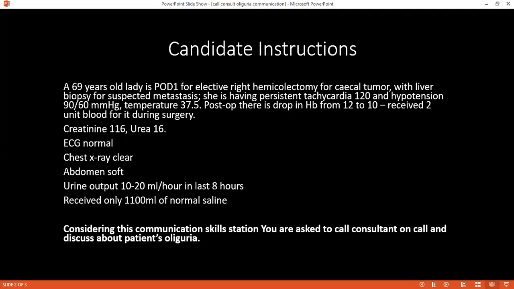Okay. What do you think might be the cause of shock in this patient? In the fact that the patient lost blood during the operation, I think hypovolemic shock. Okay. Right. Who would you involve in the management of this patient? Okay, I'd like to involve the surgical consultant, whom I'm calling right now, and I'd like to involve the HDU registrar.